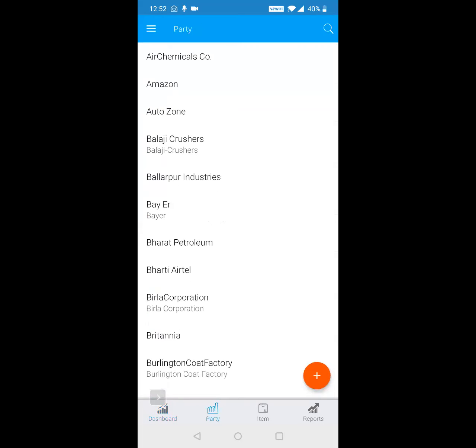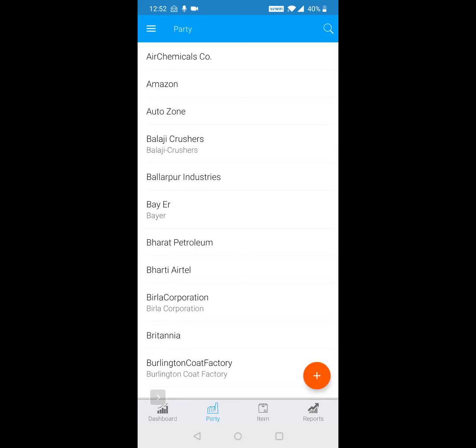Next is the party tab. Now there were two reasons why we created the party tab. One is that if you have a huge list of customers, it is almost impossible to remember all the transactions you have done with each and every customer: what items you have sold in the past, what was the rate, what is the quantity that you have sold. So that's why we tell everyone to just refer to this screen before you visit any customer, especially your sales team. When they are asked to increase the sales, this becomes very important, as they will not remember everything, so they should use this as a guide.